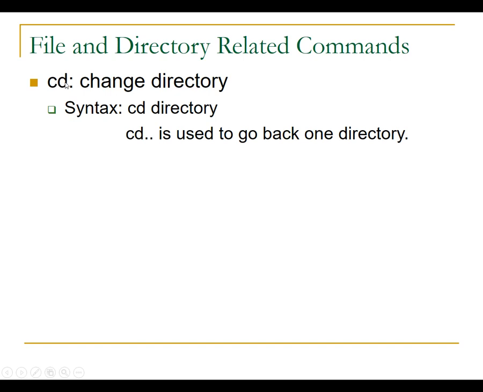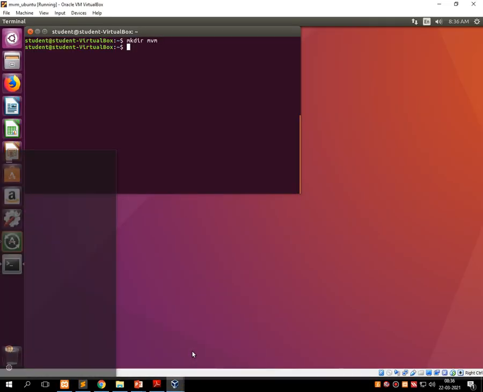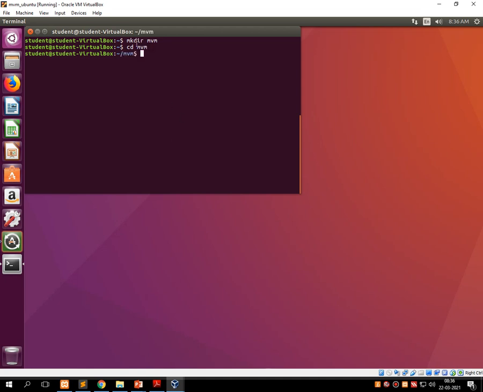That command is called the cd command, which stands for change directory. So just type the cd command and type the directory which you have created, called mvm. Here you can see that the shell is transferred into the created directory called mvm.